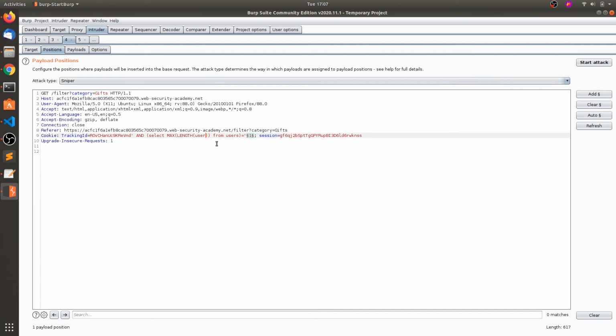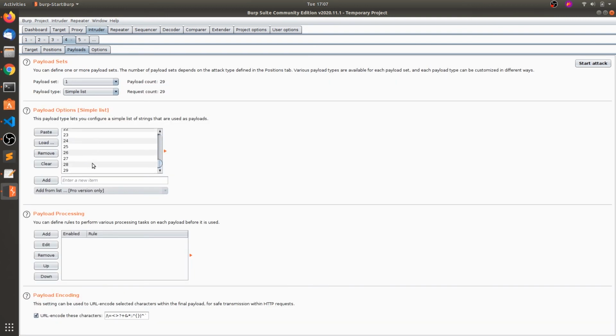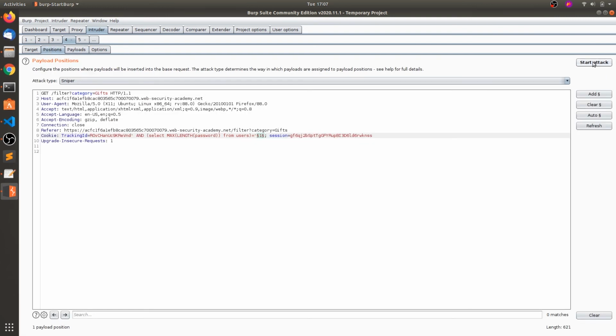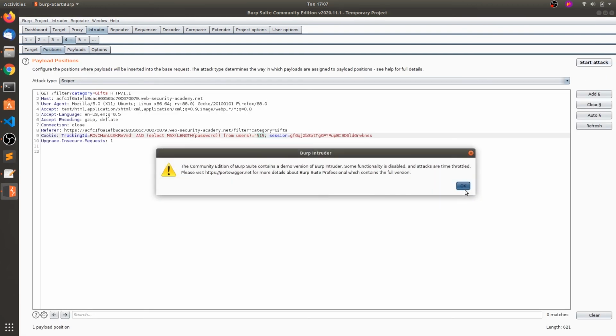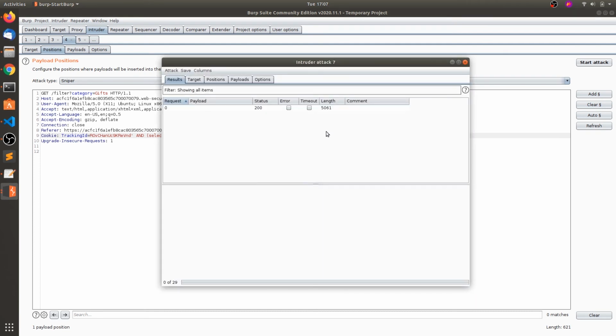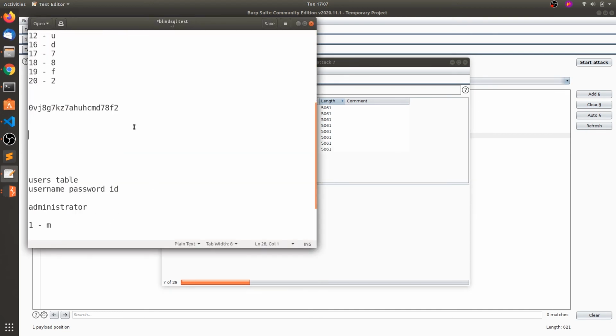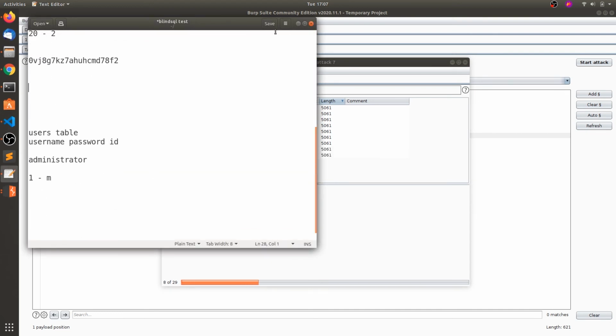So we did not check this one, right? Password payloads. So let's check the maximum length of the password. In the previous trial, I got 20 as the password length.